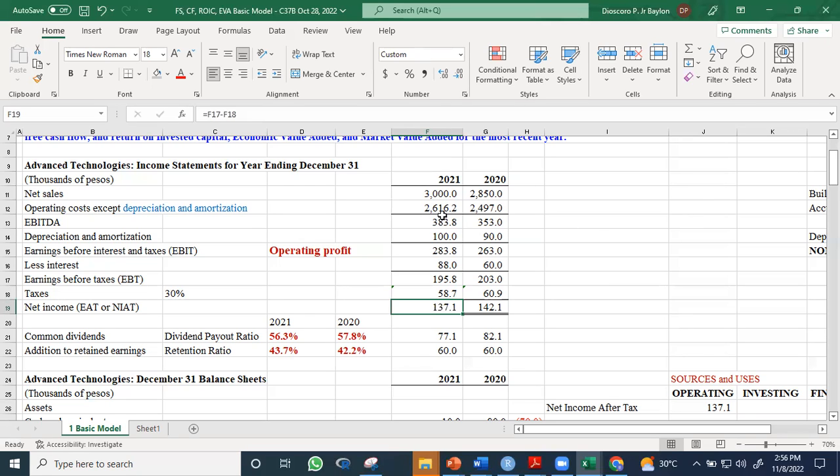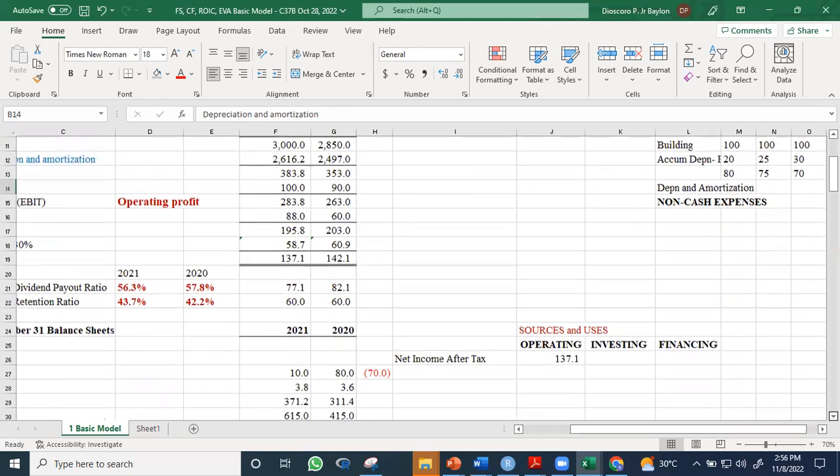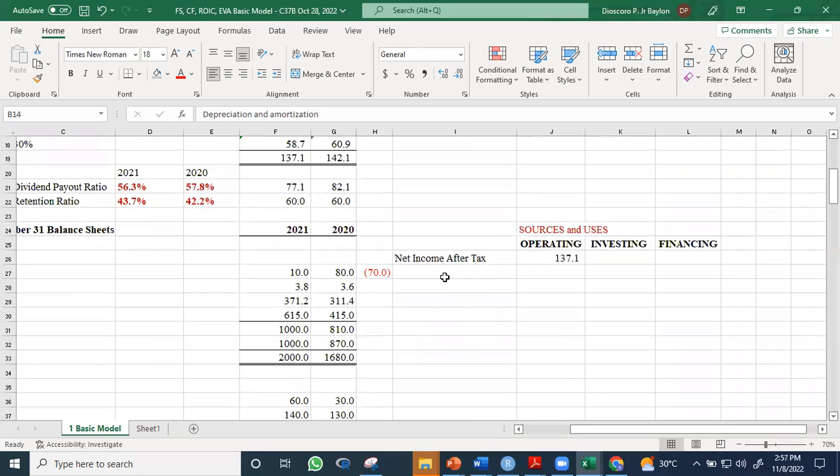For our purposes here, we don't have any information about non-cash revenues. So we will not adjust our net income after tax and subtract non-cash revenues. However, there are non-cash expenses like depreciation and amortization. And as mentioned before, depreciation and amortization are deducted from your revenues to arrive at your net income after tax. Therefore, we have to adjust this. We have to adjust the net income after tax in order to convert this into a net cash flow by